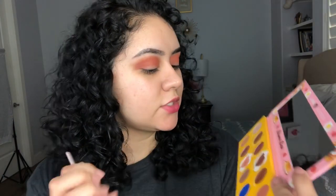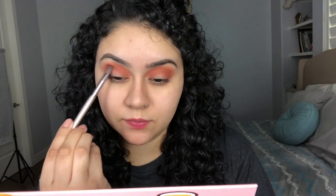Okay, now I'm going to take French Toast on the end of my lid up towards my crease. It's a lot lighter than I thought it would be. I'm trying to pack it on and make it a little darker, but it looks like that's the darkest we get, which is not bad, you know, it's still cute. But you know what? It's a brunch date. So why am I trying to go so dark? That's true. It's called Skinny Latte, which is in this heart right here, and I'm just going to place that